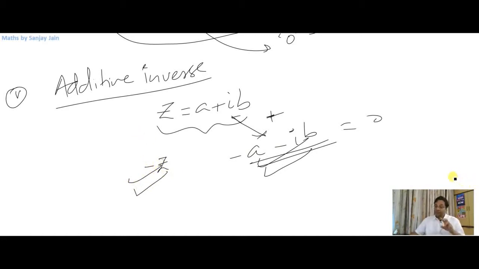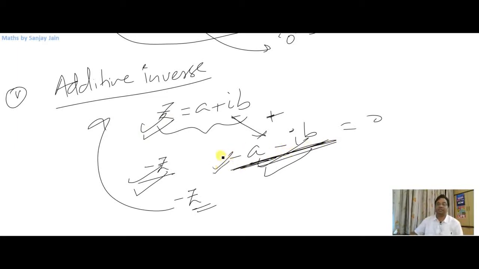It cannot be called negative, right? Because when you say something is negative, you say that it is less than 0. But I haven't said that this complex number is negative, because that statement itself is meaningless. When you say something is positive, you are saying that it is greater than 0. If you are saying something is negative, you are saying it is lesser than 0. But order relations do not exist in complex numbers. What I am saying is minus z is the additive inverse of z. That is, minus a minus iota b is the additive inverse of a plus iota b.